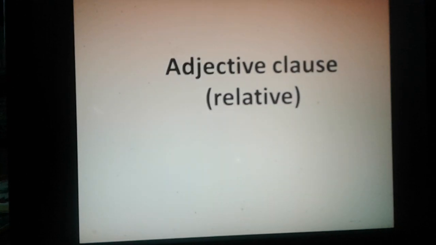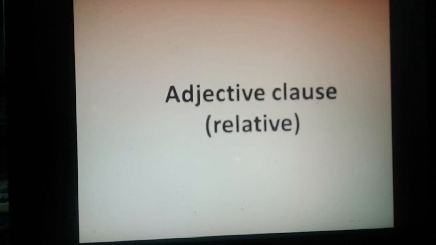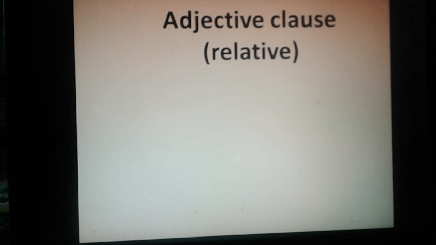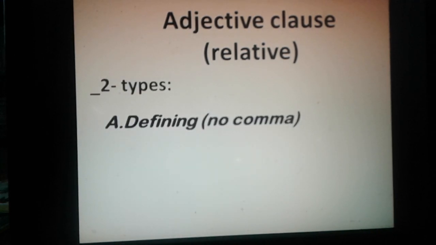In this lesson, we will talk about an adjective clause. It's also called a relative clause in other books. The thing you should know about the clause is that we have two types of adjective clause. We have a defining adjective clause, which is used without a comma. A defining adjective clause gives us necessary information about the noun before it, because without the adjective clause